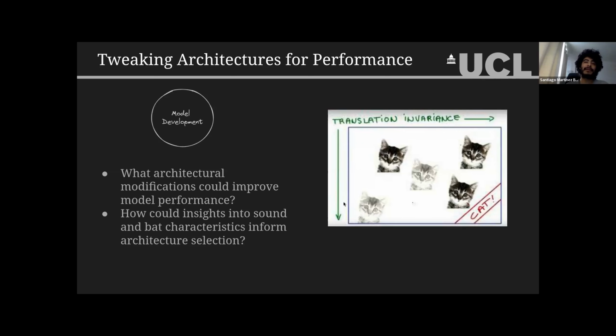The spectrogram has this special axis, which is the frequency, and different levels of frequency do not have the same meaning. So the analogous example here of the cat face being lowered would make a very different sound, and that does happen in the bat world. We could have two species that have very similar looking calls, but differ only by very small differences in frequency. So translation invariance might not be the best idea for